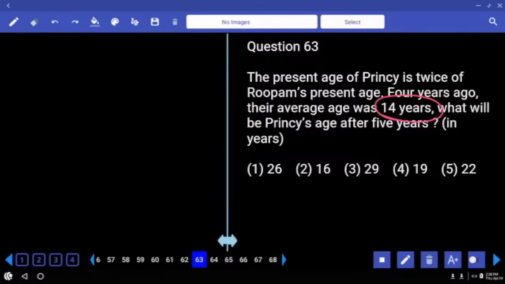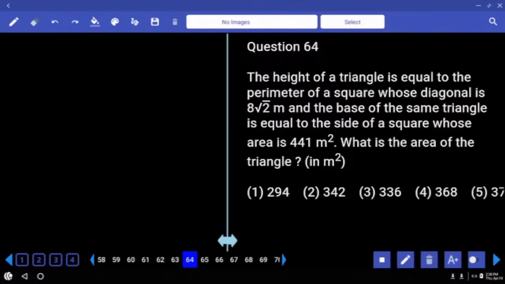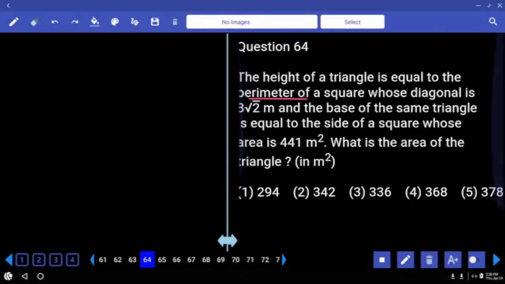Okay. Height of the triangle is equal to perimeter of a square whose diagonal is 8√3. If the diagonal is 8√3, then side is 8. Perimeter,